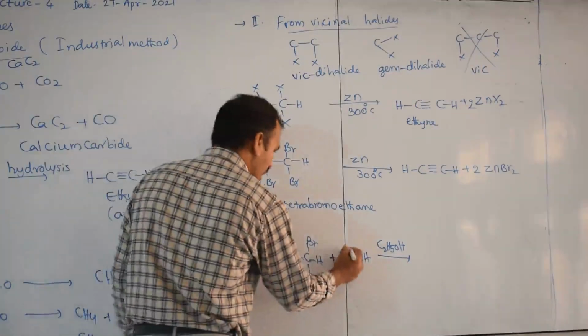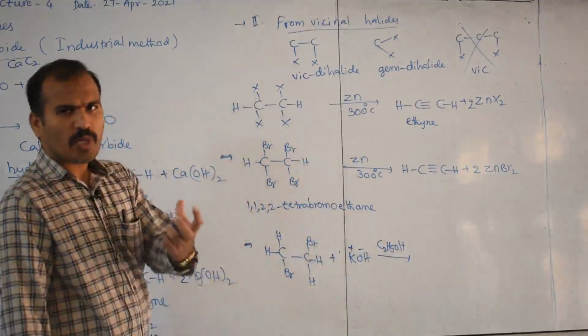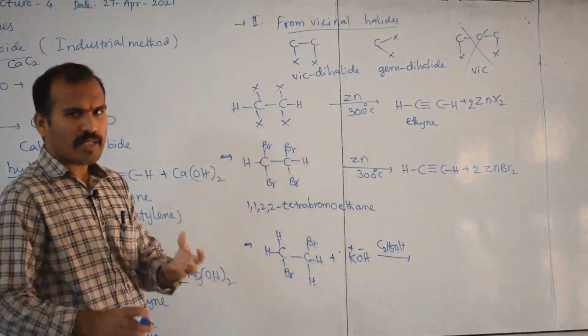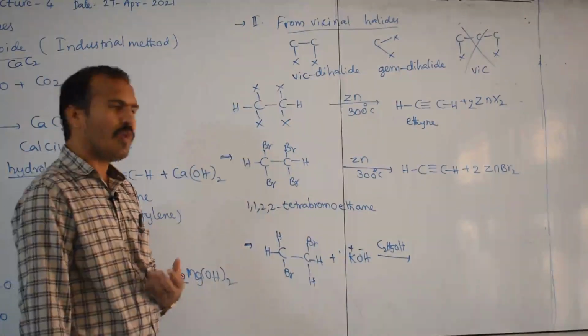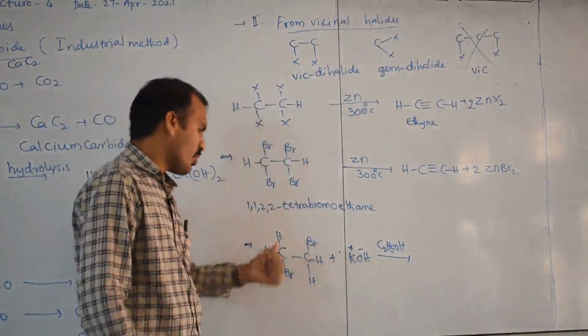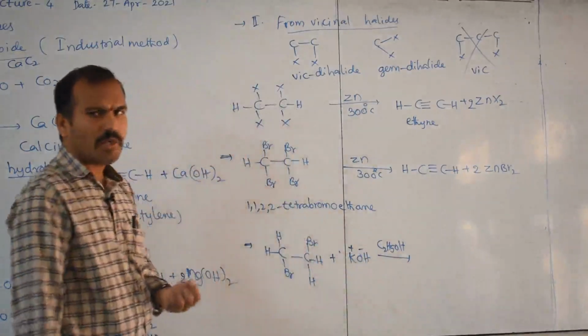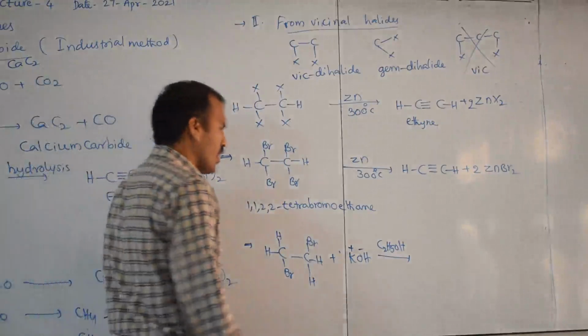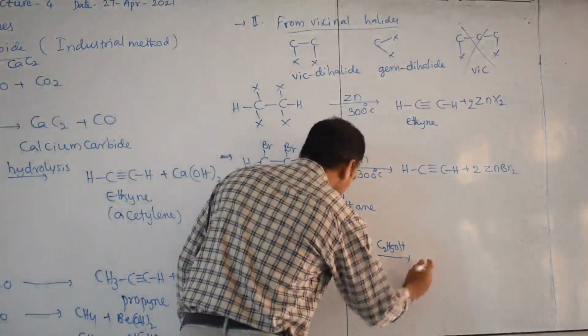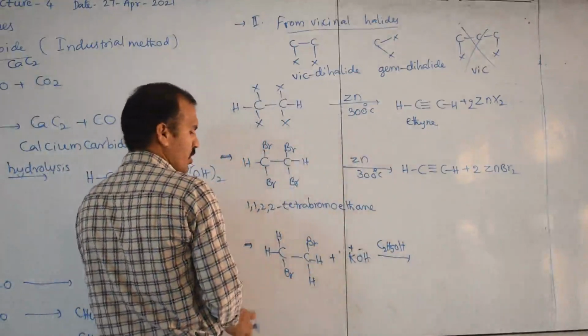So here this is K plus, this is OH minus. Base meaning what is it? Proton abstractor. It means it takes the proton. Acid and base form salt plus water. Therefore this base takes the proton. And keep in mind, generally alcoholic KOH reaction is E2 elimination, second order elimination reaction. So one H and one Br, they should be opposite.